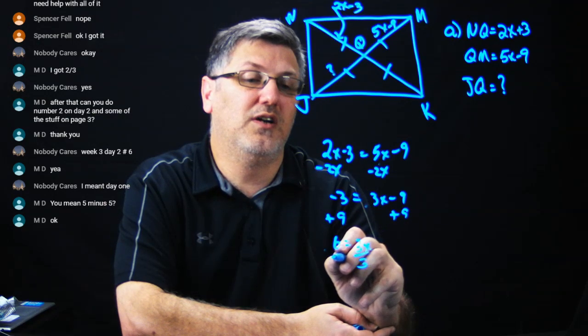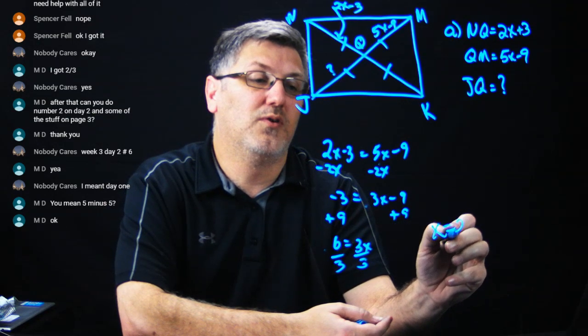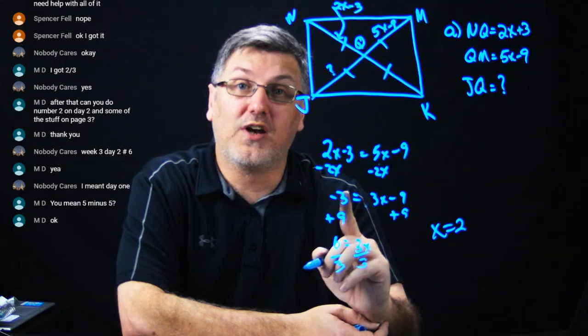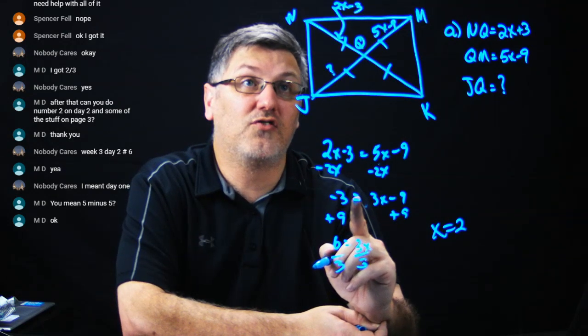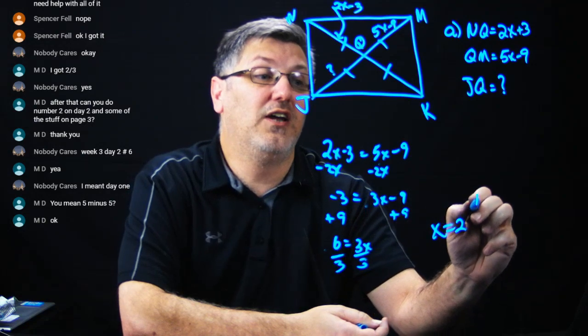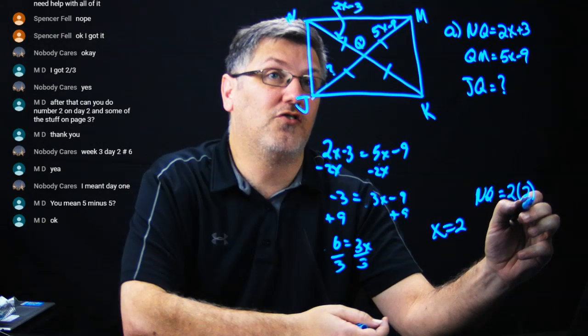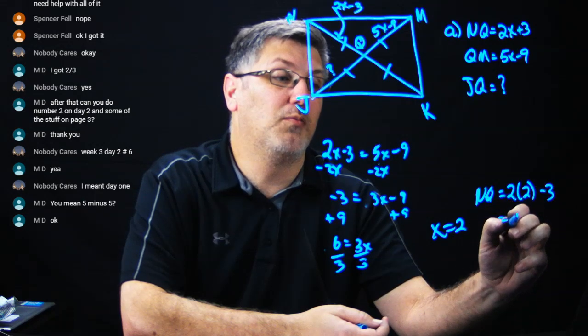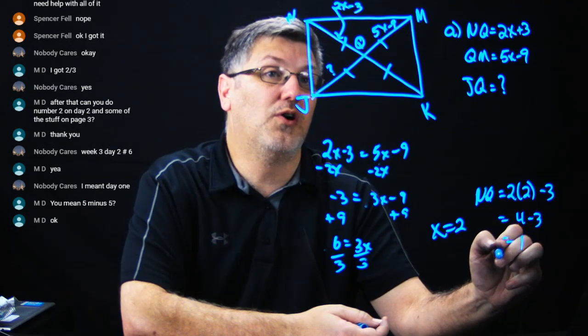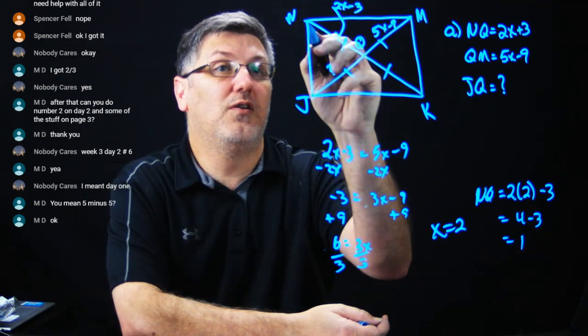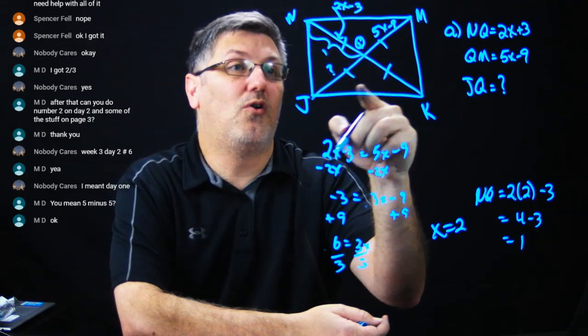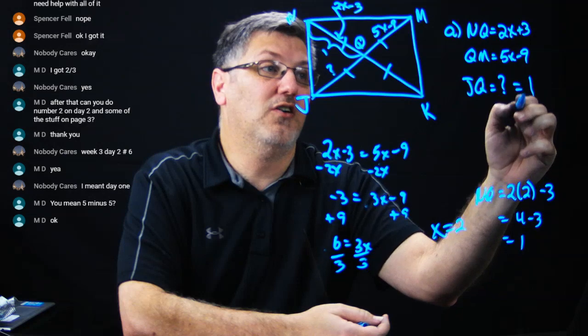3x divided by 3, we get x equals 2. Now, that's what x equals, you're not done. I actually asked you for the length of JQ. Well, if I know that NQ is going to be 2 times my x, which is 2, minus 3, this gives me 4 minus 3, this gives me 1. If this length right here is 1, that means all of these lengths are 1, therefore JQ is 1 unit